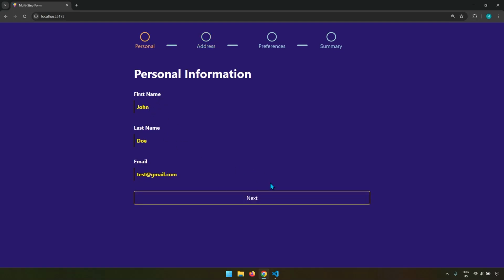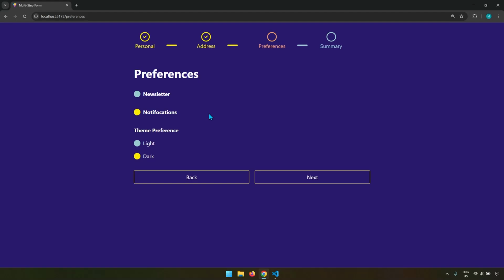And there we go. We got the first step, the second one, the third one. In the third step, we have preferences, and by default, I have ticked notifications as well as the theme preference for dark. But if you want, you can change this as well. Let's say you want to go with light and you don't want to receive any notifications, but you want to, for example, subscribe to a newsletter. So these are actually checkboxes,